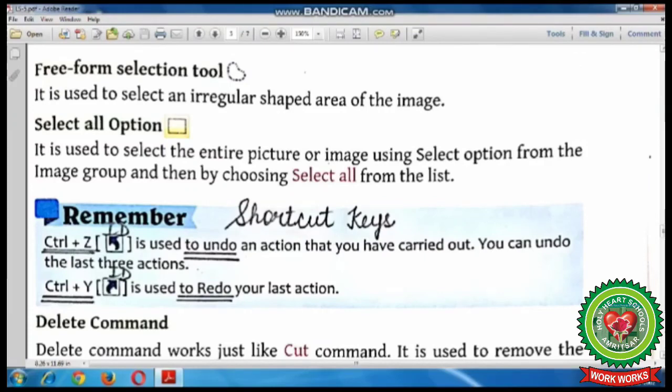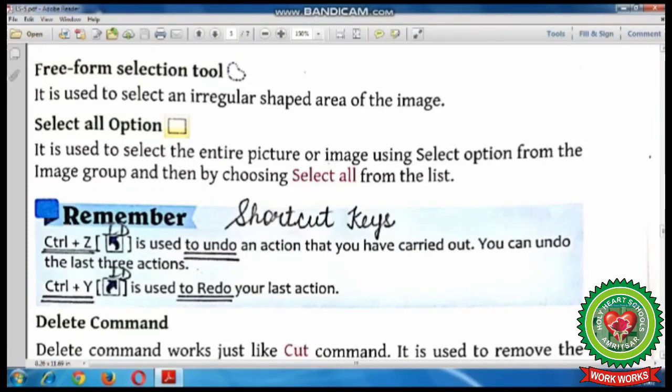Then write shortcut keys on the box also. The shortcut key for undo command is Ctrl+Z, and the shortcut key for redo command is Ctrl+Y. Now let's see the use of these two commands practically.